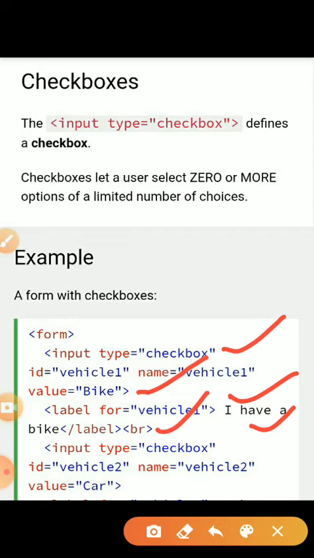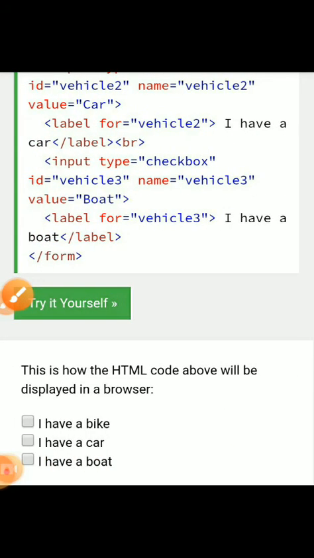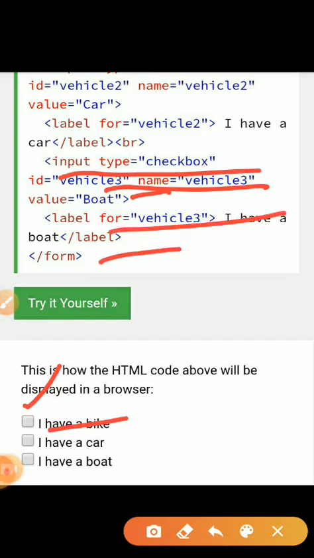We mention id, name and value, which are optional according to our program, and we can change them. But it is necessary because we are creating the checkbox. So input type checkbox, and it takes the value from this one, and then this is a label we create for it.